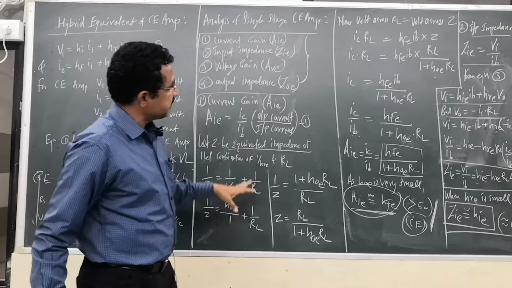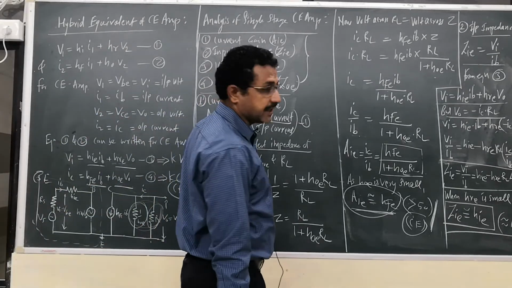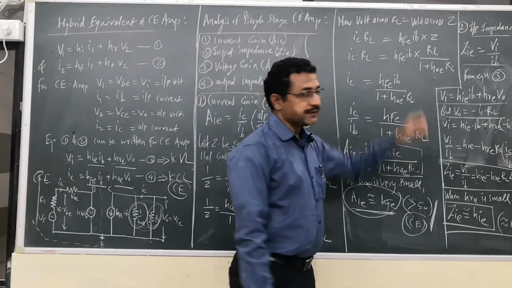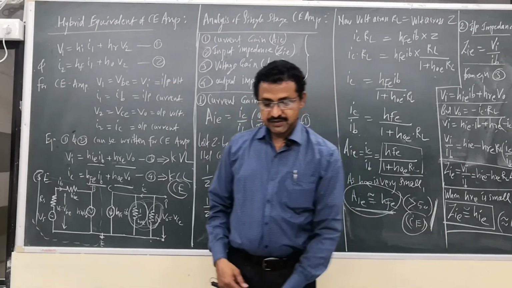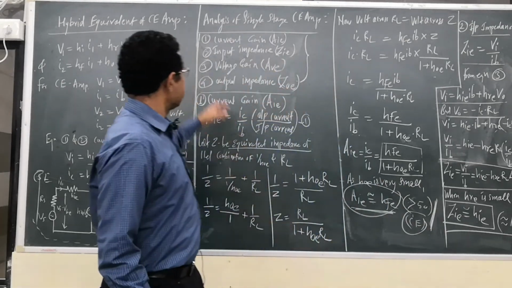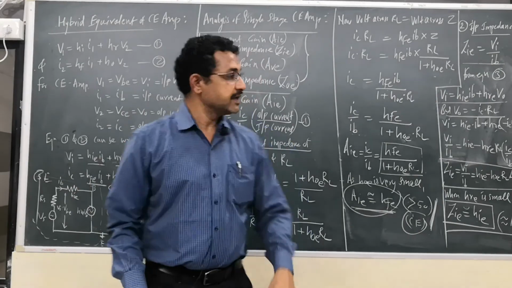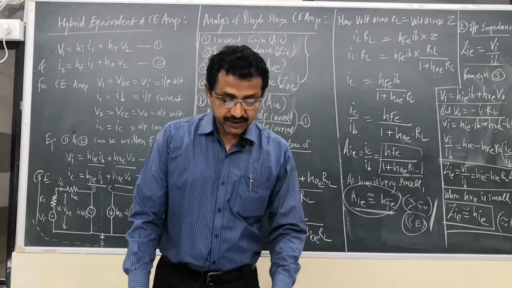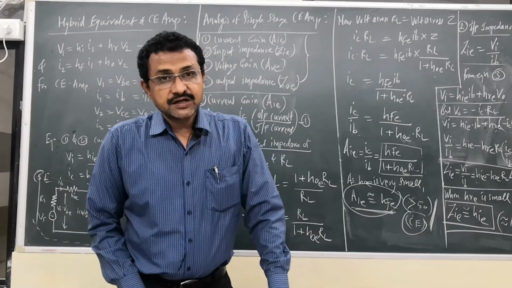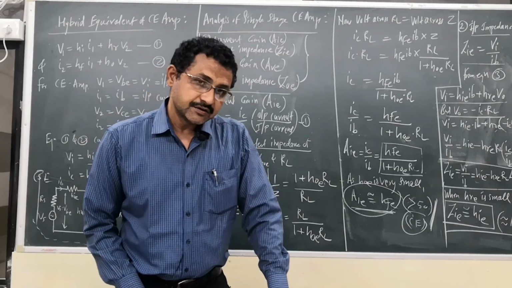तो इसमें से 2 पैरामीटर, that is current gain and then input impedance, 2 पैरामीटर हमने आज के लेक्चर में देख लिए। आगे के लेक्चर में जो remaining parameters हैं voltage gain and the output impedance, ये दोनों हम निकाल लेंगे। So next lecture में हम लोग अगली बार मिलते हैं। Thank you very much.